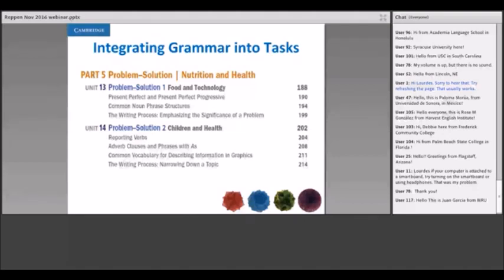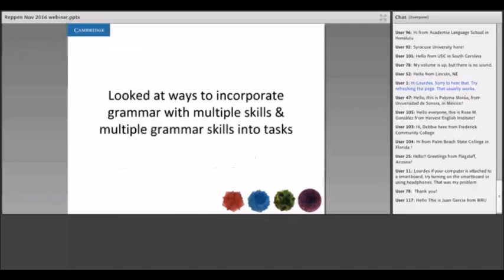I hope that you also see how grammar works together to create texts. And this is just obviously a table of contents, so you're not seeing the examples, but you could. So we've looked at these ways, and I want to end our little seminar, our little